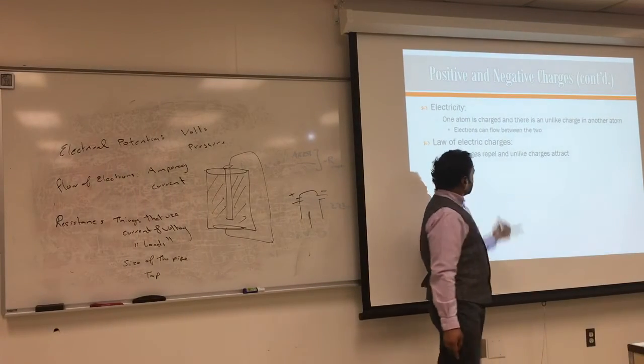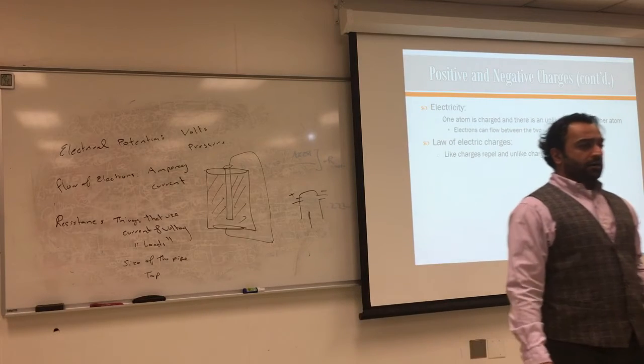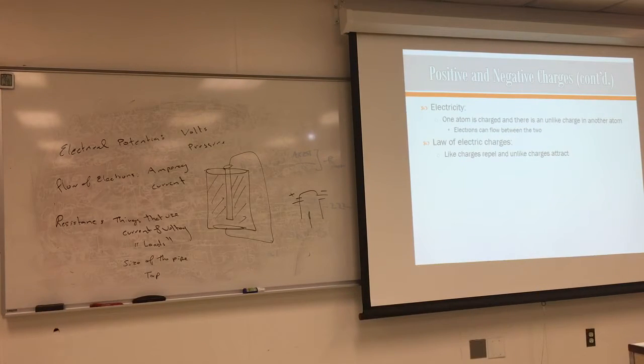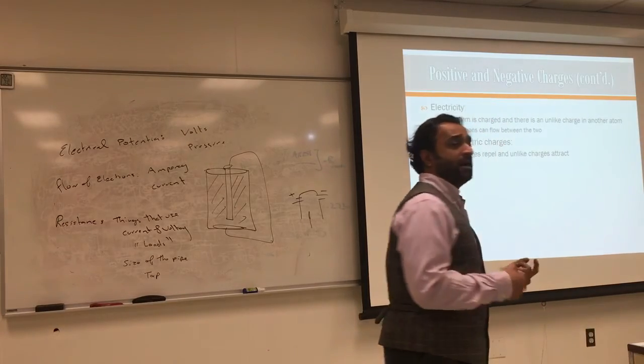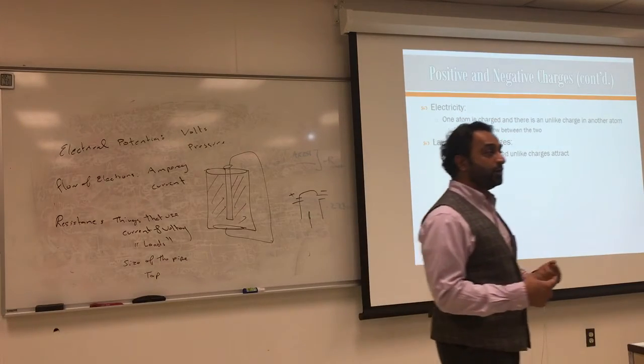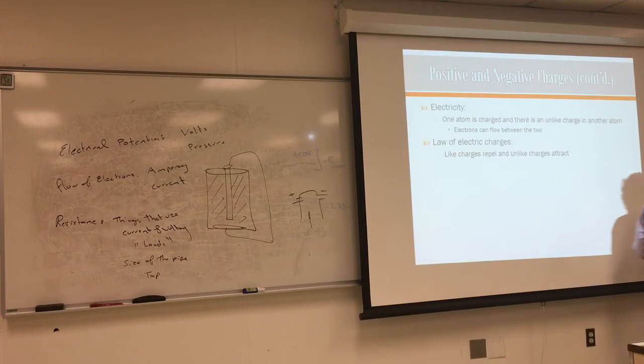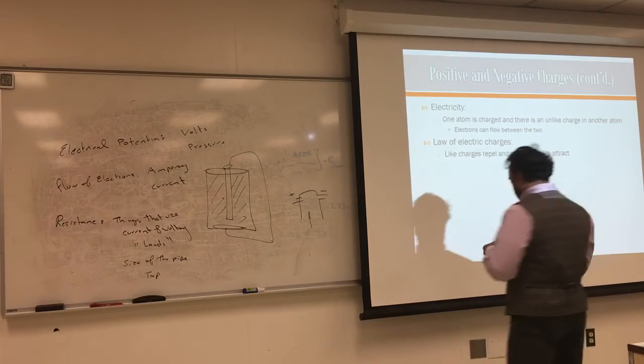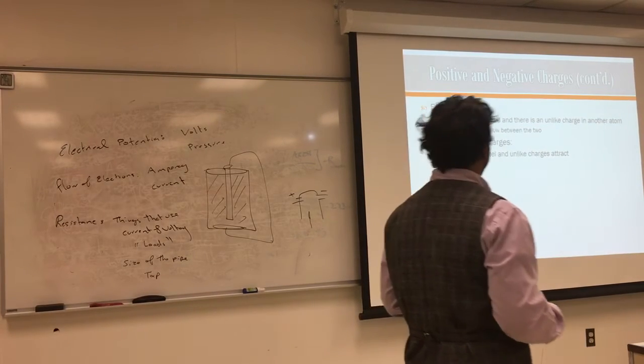So, the law of electric charge. Very simple. Similar charges repel, and opposite charges attract. So if you think of a magnet, when you have two positive charges, it will repel, and if you have different ones, it will attract. That is the law of charges, and that's why you always have positive and negative. Otherwise, there is no flow, and that's what enables us to keep this moving up and down. The video will make more sense. I don't want to get too much into the finer details.